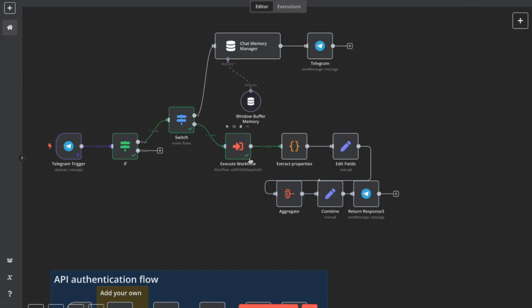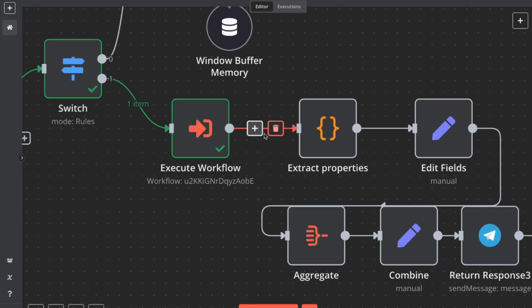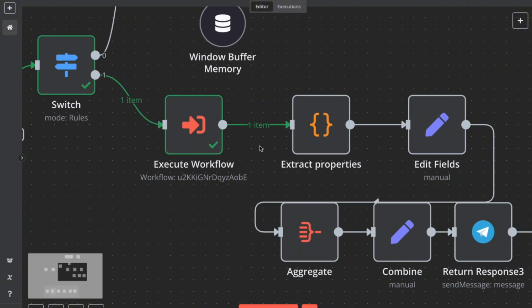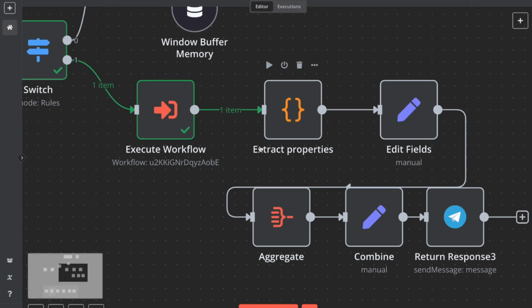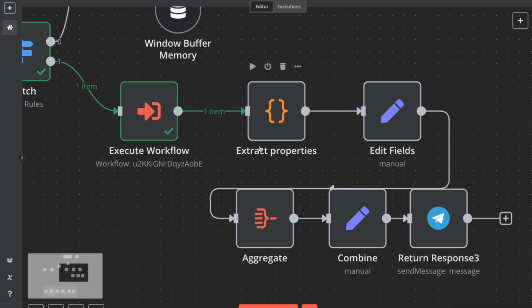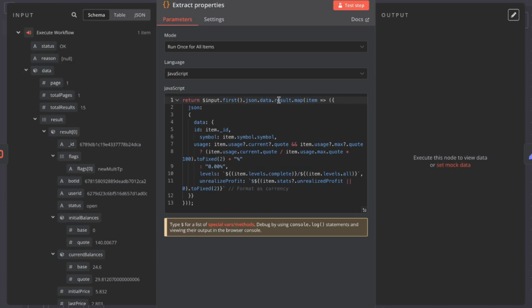So we have queried our authentication workflow, and we got one item. You can see one item. And inside this item, there is a field with an array of deals. And within those deals objects, we want to abstract some properties. We don't really need to know everything about that deal. So this is how it works. There's a little bit of code here involved, and for some of you, it may be a little bit intimidating, but you can just copy paste this and just understand that what we're doing here is we're returning